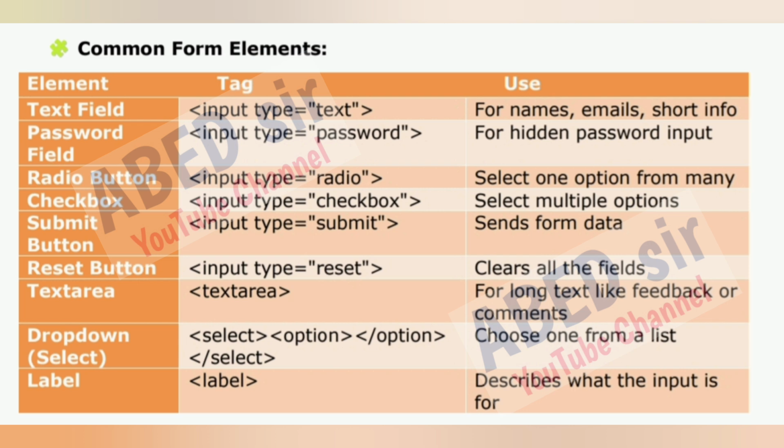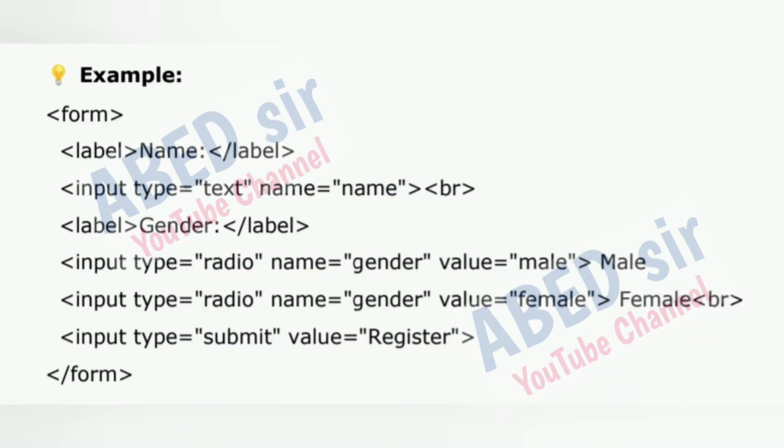Common form elements. Example. <form> <label>Name</label> <input type="text" name="name"><br> <label>Gender</label> <input type="radio" name="gender" value="male">Male <input type="radio" name="gender" value="female">Female<br> <input type="submit" value="Register"> </form>